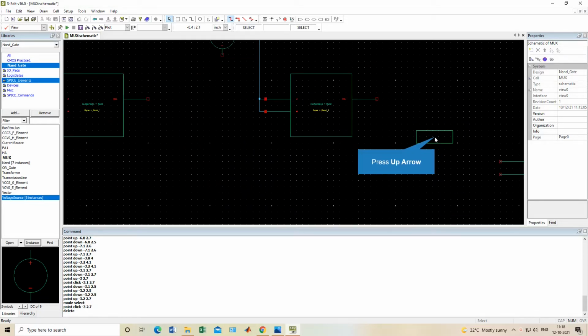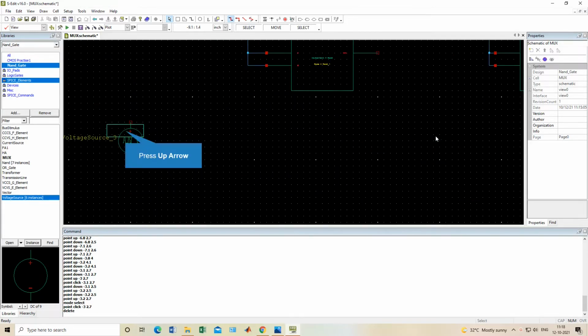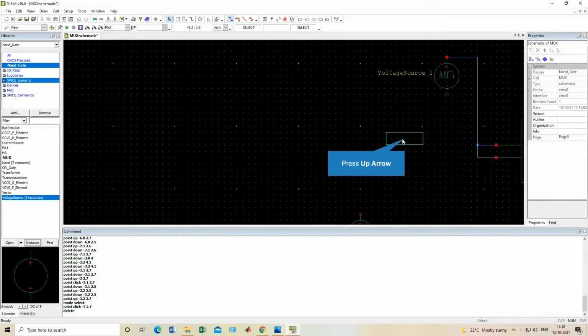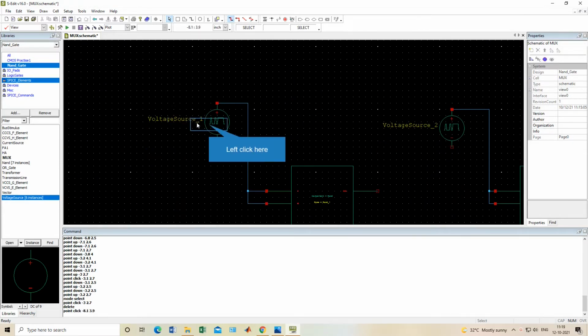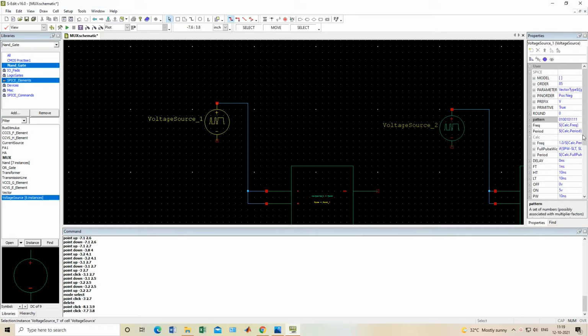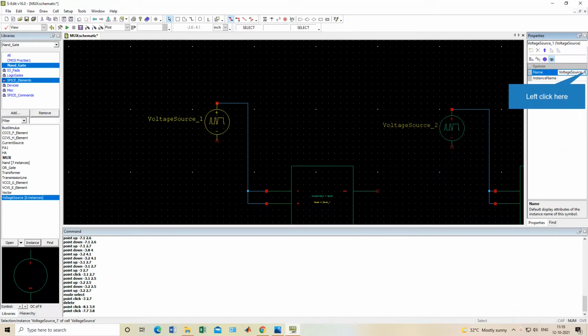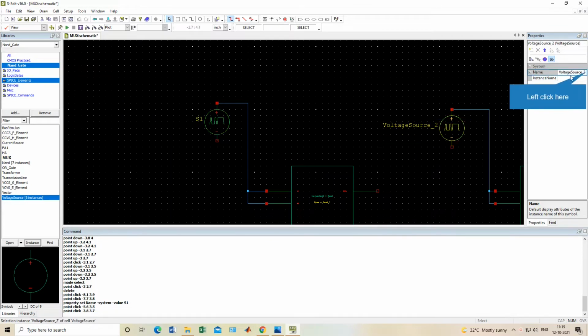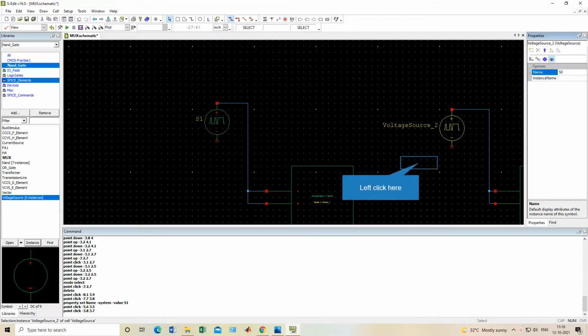Then again, now what we have to do, we have to give connection through I0. So I will change the name of these voltage sources first, so it won't create problems. Otherwise, every time you look at it, it will create problems. So I will give it as S1. Okay, this is S1. Give this as S0.